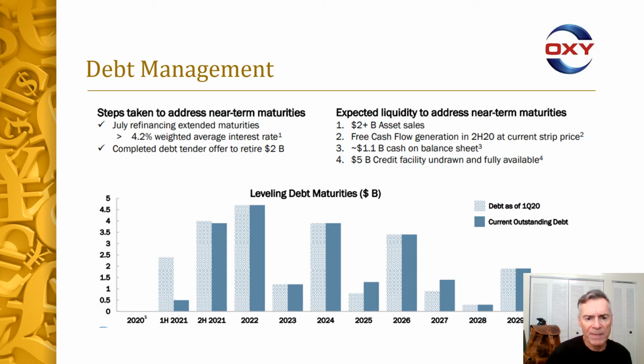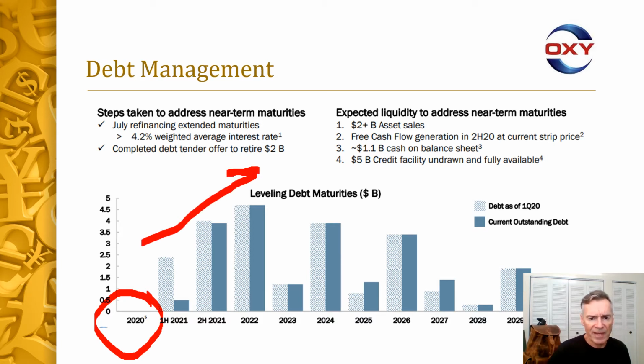Take a look here at the debt management. So our starting point here is 2020, where we are today. There are no further debt obligations of significance due for the rest of the 2020 period. They have generated enough cash through the asset sales, and obviously with the introduction of the warrants, potentially to comfortably be in a position where they can manage the debts that are maturing in the near